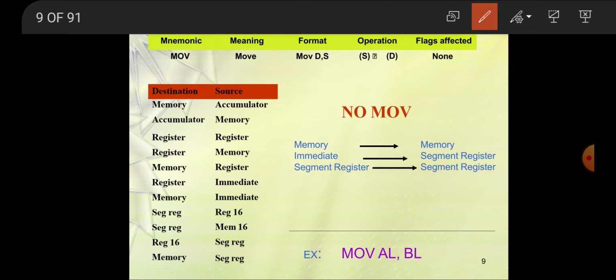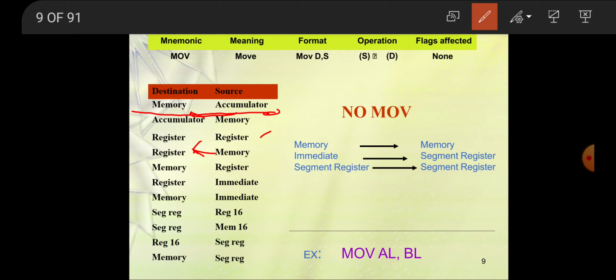So first, from memory to accumulator. We can also move the data from accumulator to memory. Then from register to register, from memory to register.